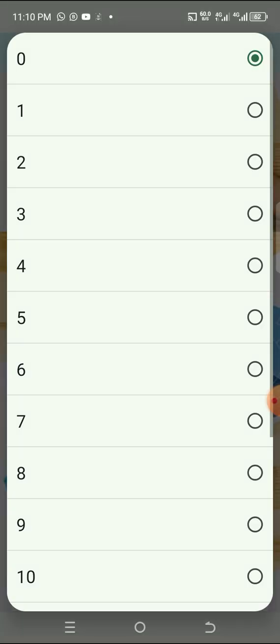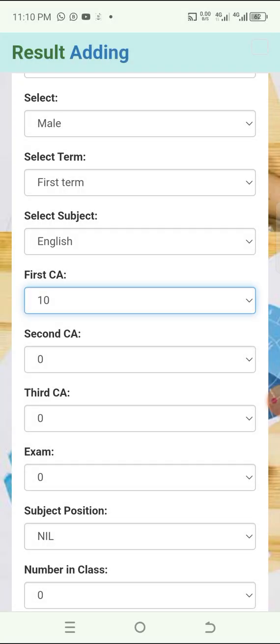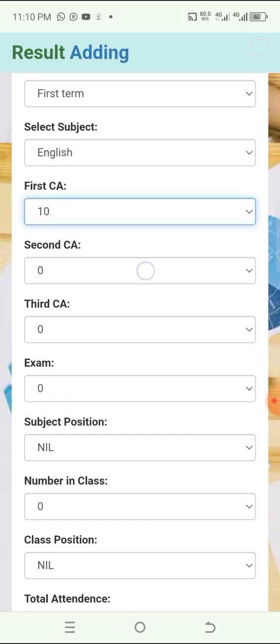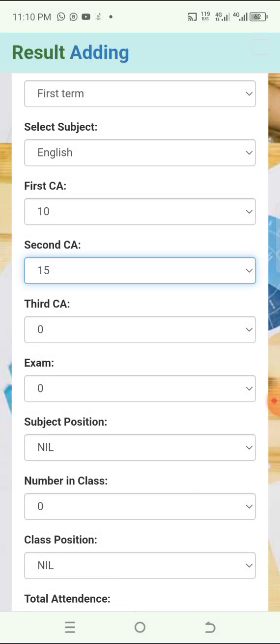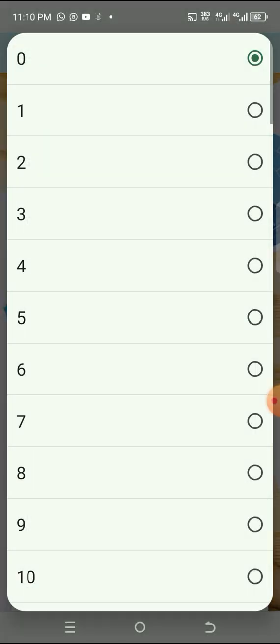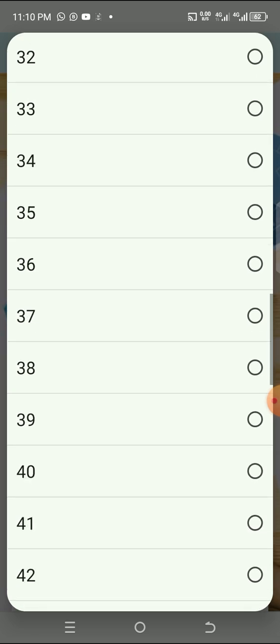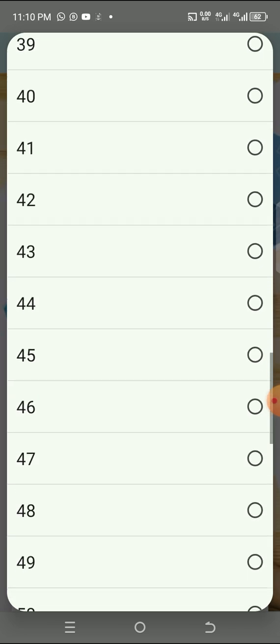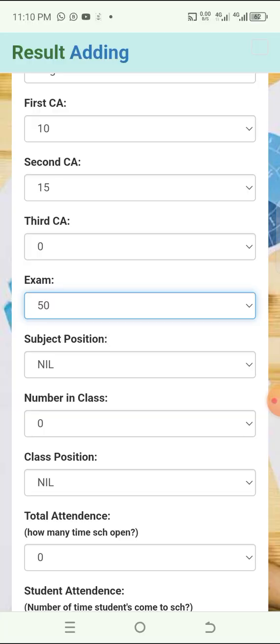Select the first CA, let's say the student scores 10, and the second CA, the student scores 15, and then the exam, let's say the student scores 50.